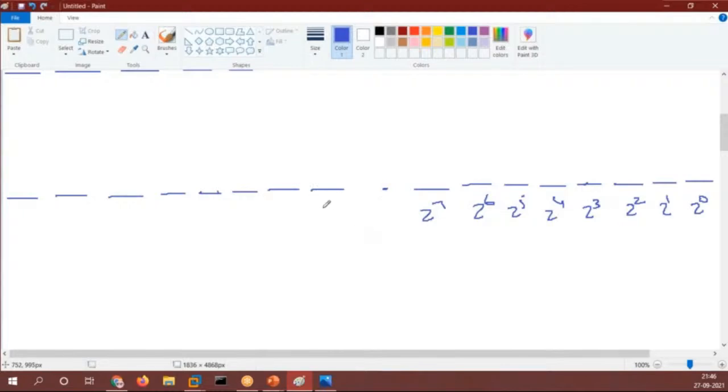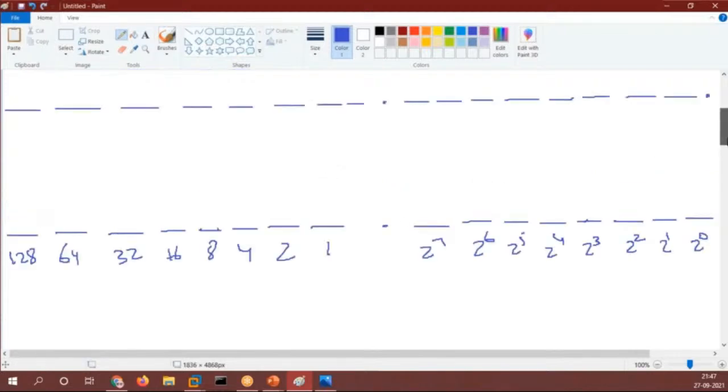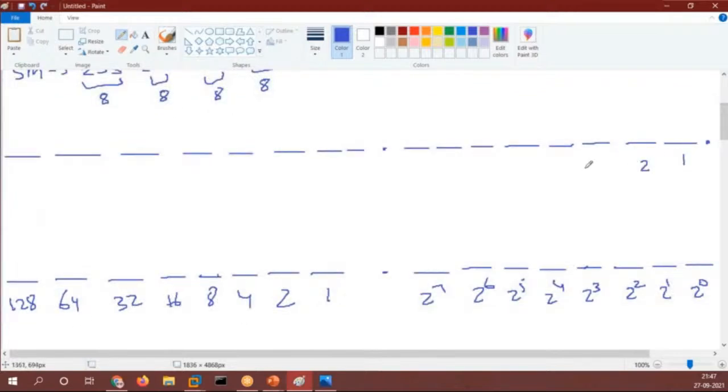I'll write it here like 1, 2, 4, 8, 16, 32, 64, and 128. Same for the other octets: 1, 2, 4, 8, 16, 32, 64, 128.